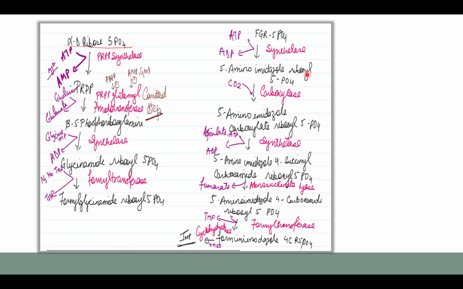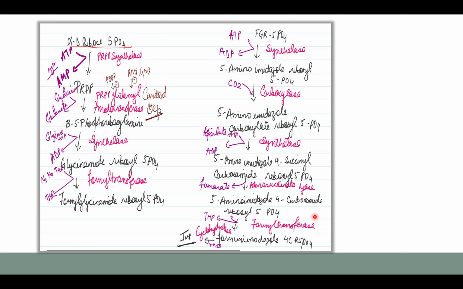5-amino imidazole ribosyl 5-phosphate, in the presence of carboxylase utilizing one molecule of carbon dioxide, forms 5-amino imidazole carboxylate ribosyl 5-phosphate. In the presence of synthetase enzyme utilizing an aspartate molecule and one molecule of ATP, this forms 5-amino imidazole 4-succinyl carboxamide ribosyl 5-phosphate. In the presence of the enzyme adenosuccinate lyase, also called adenosuccinase, it releases one molecule of fumarate to form 5-amino imidazole 4-carboxamide ribosyl 5-phosphate in the presence of enzyme